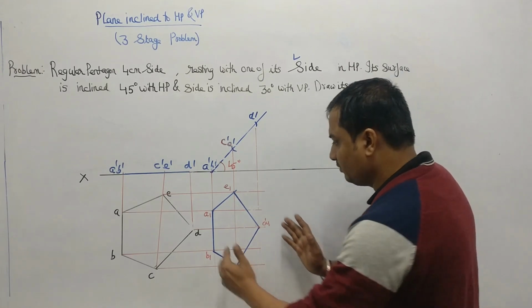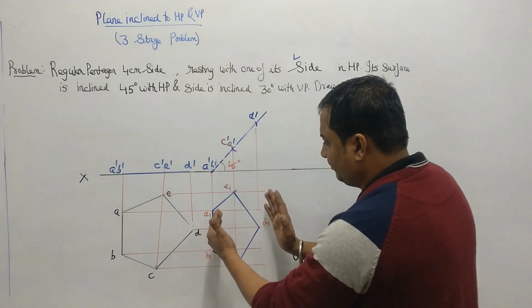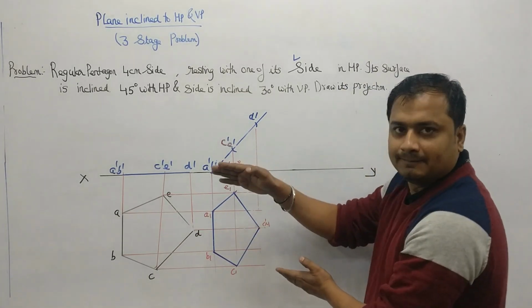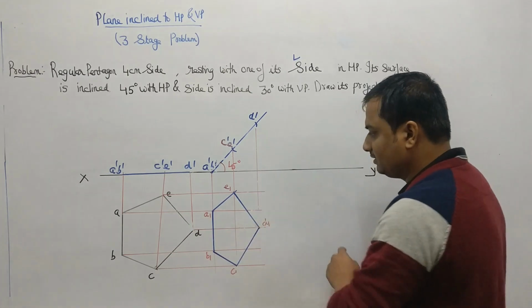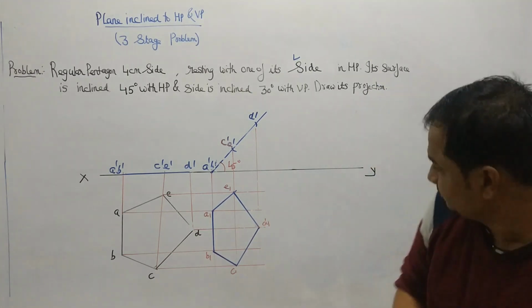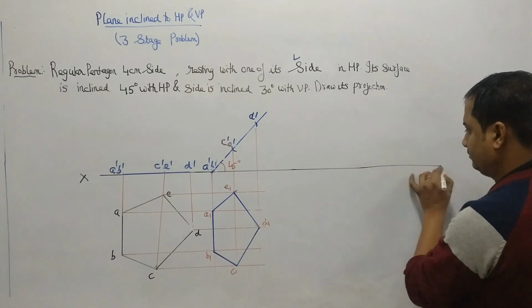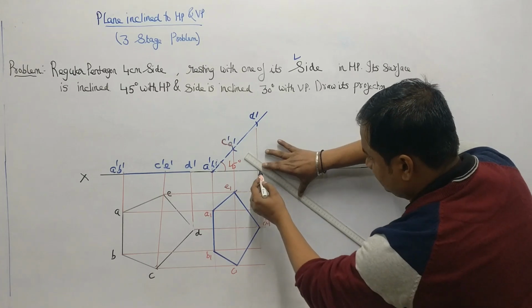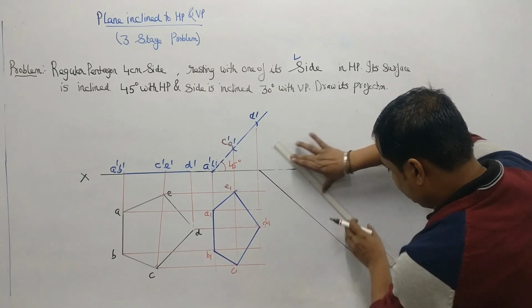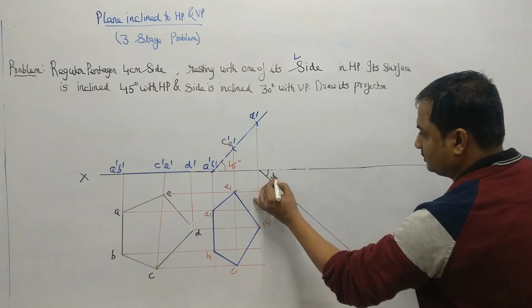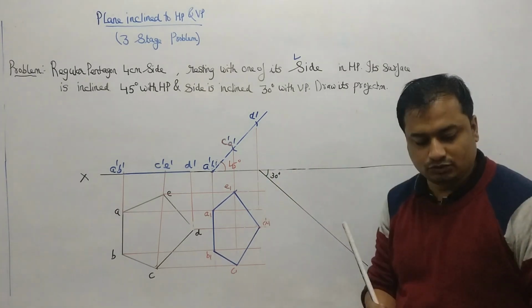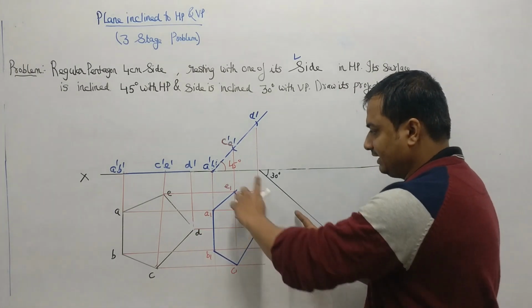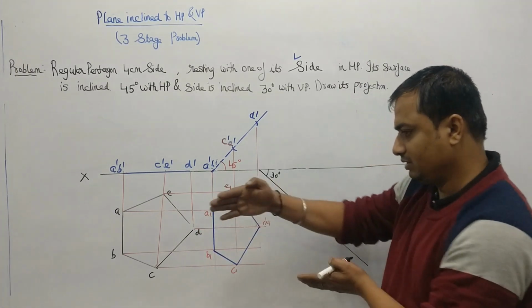Actually, what we are going to do, we are going to turn this small pentagon such that this A1, B1 will be at 30 degree. We have to just rotate it such that this A1, B1 will be at 30 degree. So what we are going to do is, first we are going to take one line. So we will be drawing one line and this should be at 30 degrees. So start with a line of 30 degrees. So our aim is to plot this A1, B1 on this line, so that this entire small pentagon is going to turn at 30 degrees.